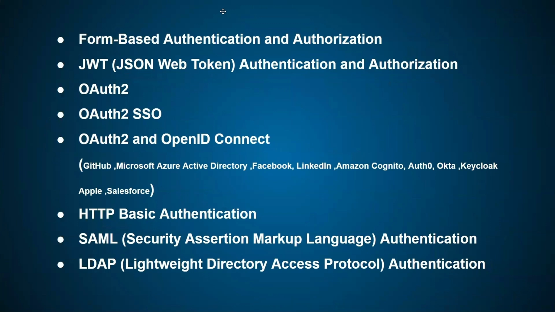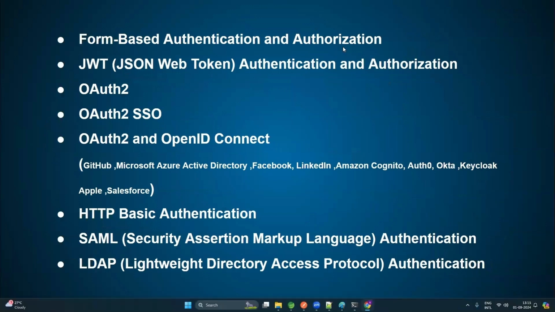In the last sessions we completed form-based authentication and authorization, then JWT security with authentication and authorization. Then we saw Google OAuth2, then OAuth2 SSO, and we also covered OAuth2 and OpenID Connect. Now, what is KeyCloak and what is its relation to OAuth2 and OpenID Connect? Basically there are multiple OAuth2 servers